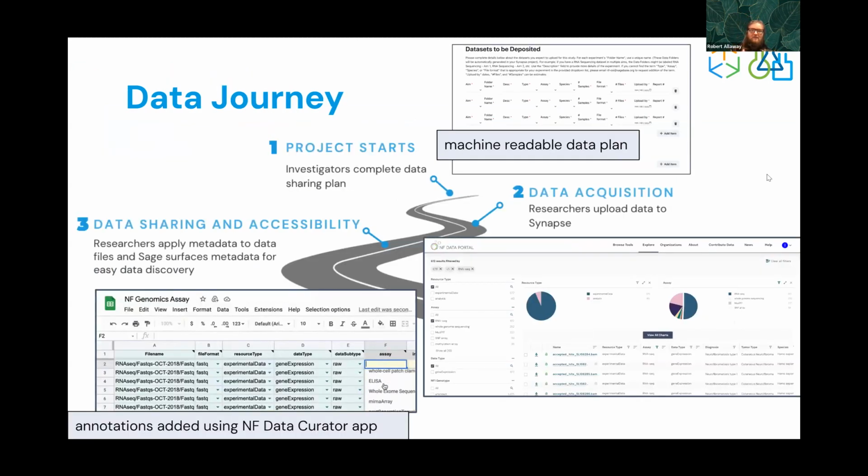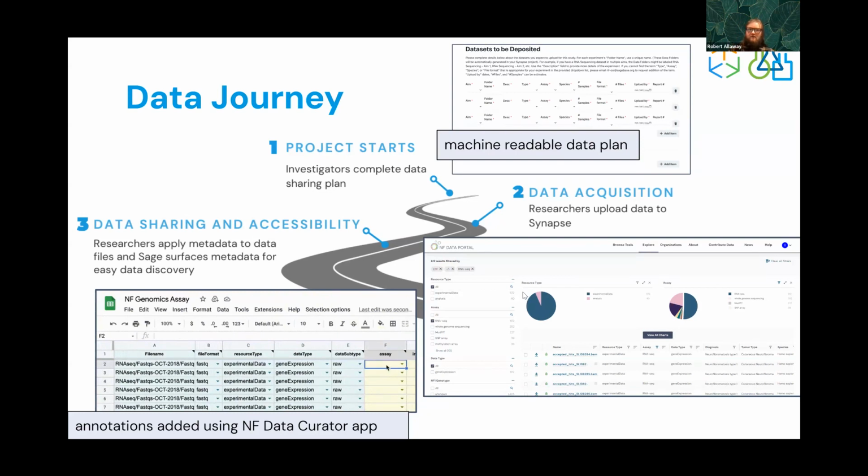Importantly, the other important thing that I wanted to highlight here is that the data sharing plan is a contingent step for funding. So in order for the investigators to move forward with their project and receive funding from the foundations, they have to complete this data sharing plan with us. And this is a testament to the kind of policies that the funders have put in place in order to ensure that data gets shared. I think without this, we would have a much harder time getting anything from the investigators, just because it is a non-zero burden in terms of uploading and sharing data.